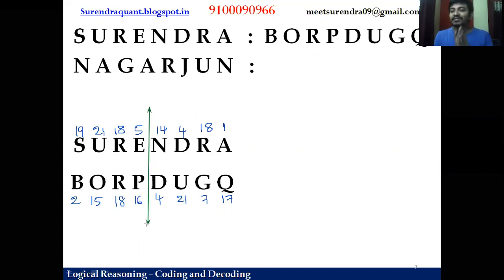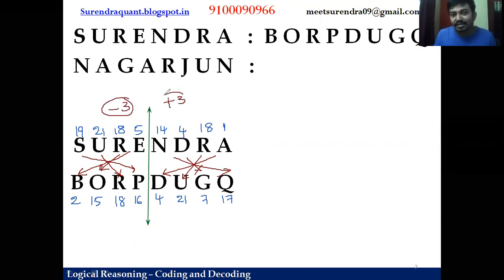Now try to observe the numbers diagonally, sometimes diagonally. So if I observe the numbers here, can you see, guys, here? Can you see here? This is a -3. Yes, this is -3. This is -3. This is also -3. Now here, this is +3. This is +3. This is +3. This is +3. Now this part is talking about -3, and this part is talking about +3.